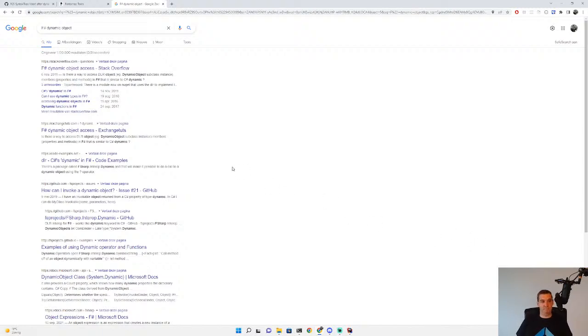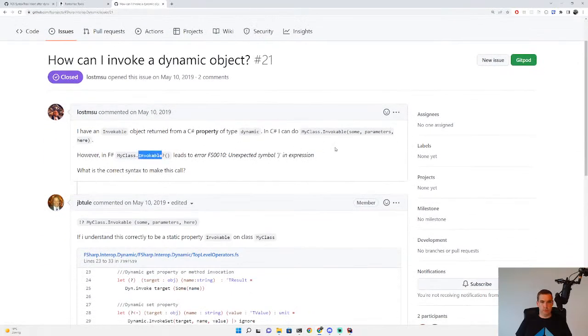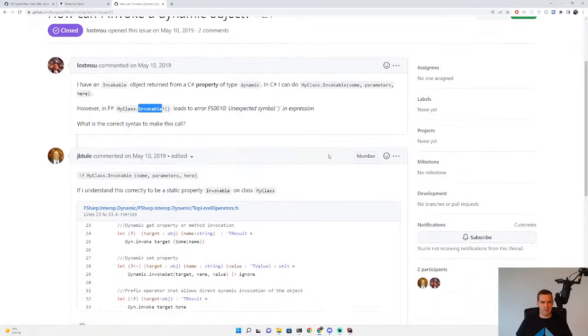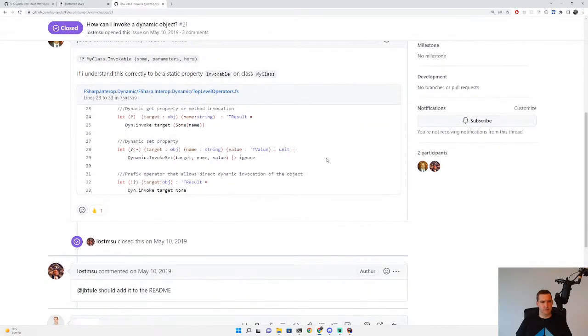If David, if you're still watching and you know how to do this, please help. I have no idea. Invocable. Or is this like a C# thing where you need an object from somewhere else? It is the same as C# dynamic. Yes, I believe so, but